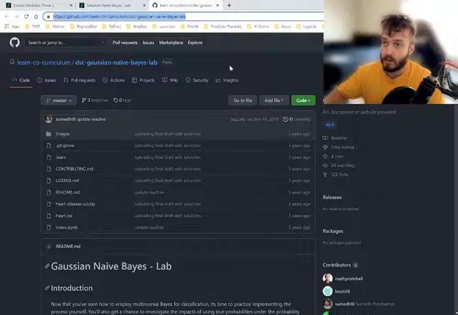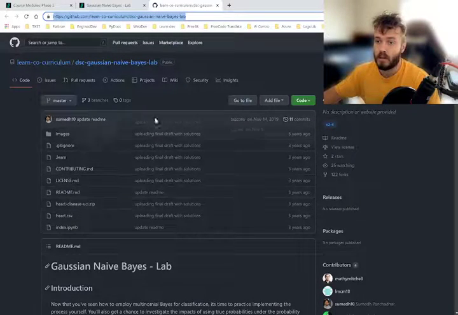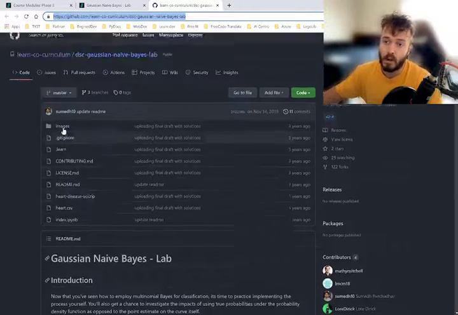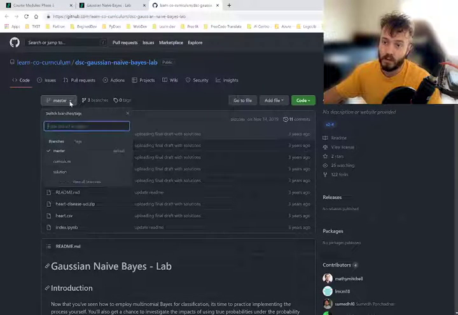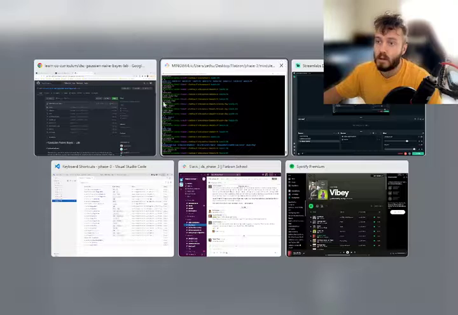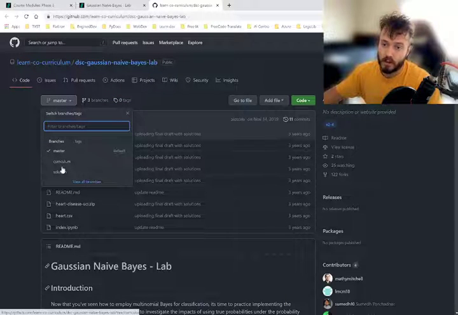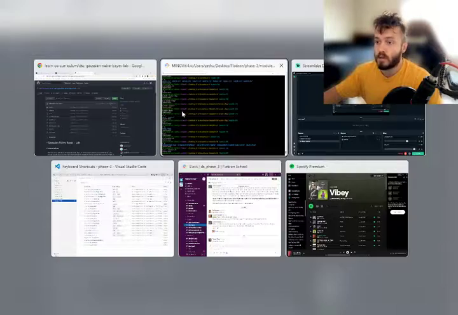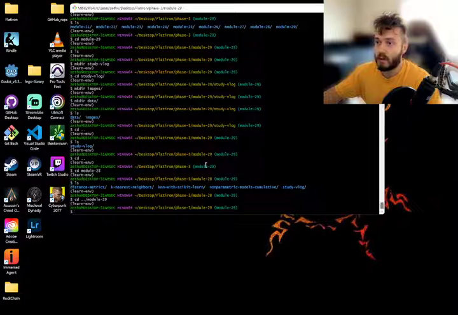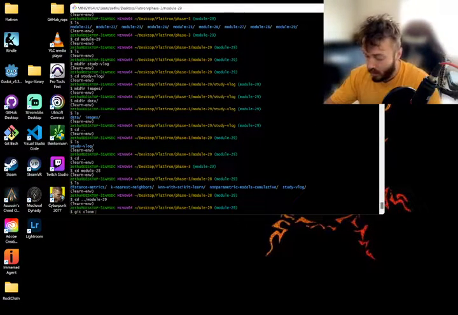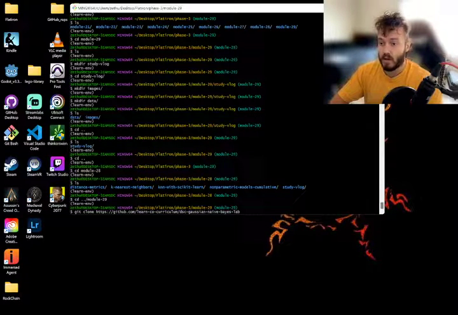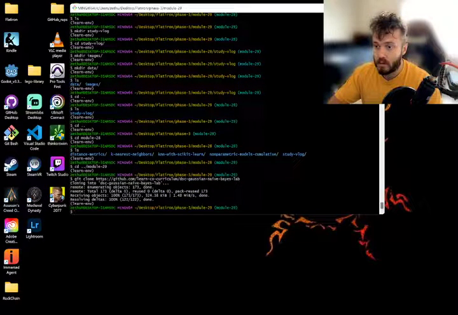So I copy the URL here for the repo that I want to clone, and I make sure that I'm on the branch that I want, which is the master branch. As you can see, there's a solution branch, so if I'm stuck or I want to check my work, I can go to the solution branch. But right now we're just trying to get the not-solution version. Get that out of the way. So we come back here, I go git clone and shift-insert to paste in the terminal. I click enter,